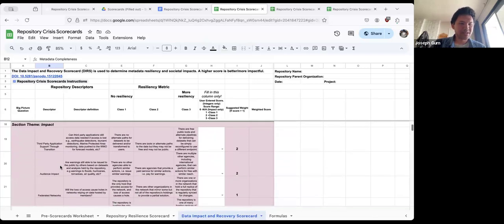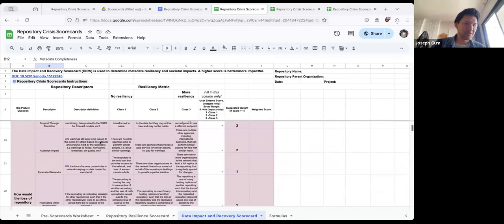And then we have this section on impact, which is sort of about societal impact, about say, can warnings be issued to the public or other places, other people about say if your data is being used for forecasting tsunamis or storms, extreme weather, can other people still get access to your data for repositories that may be a part of a federated network?